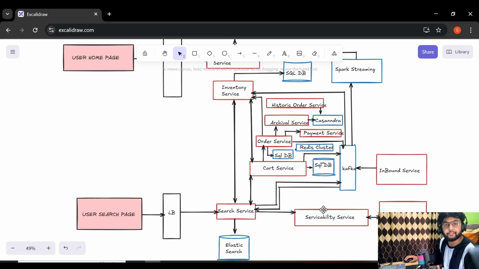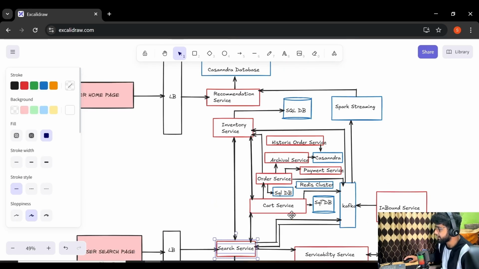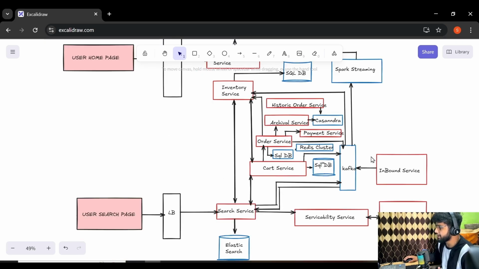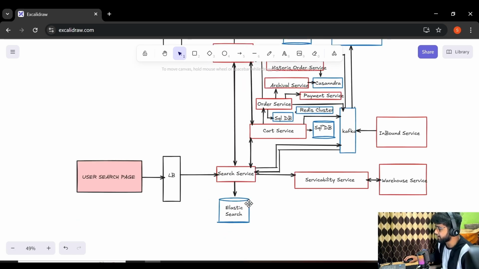Now there will be different search consumers on the other side of the Kafka queue who will listen to those events. Now in this case, search service will act as a search consumer and inventory service will act as a search consumer. Why? Because whenever a new item will be onboarded, this information will be sent to search service, and then this search service will store this data to Elasticsearch cluster.